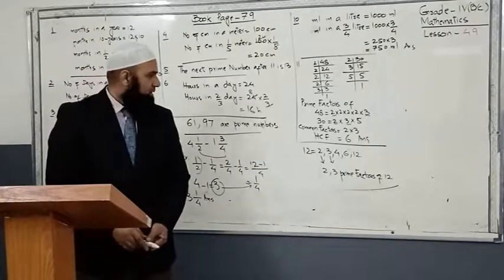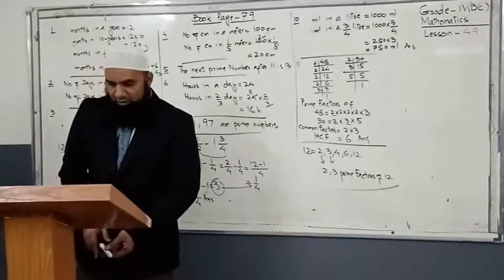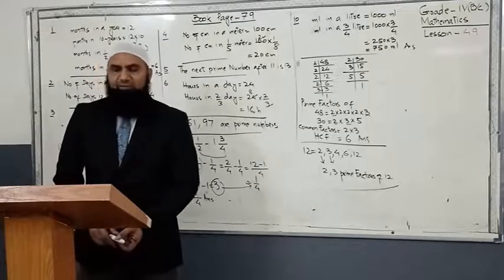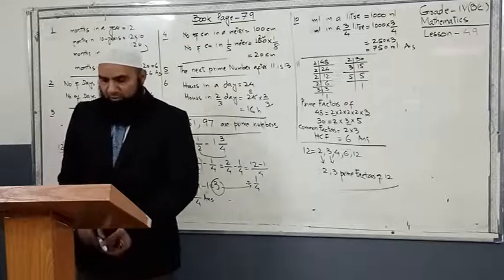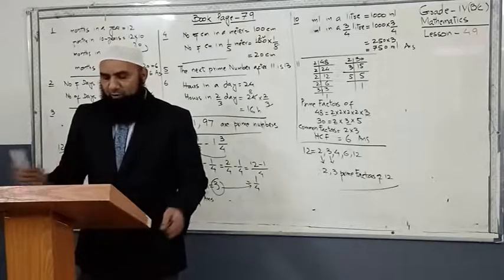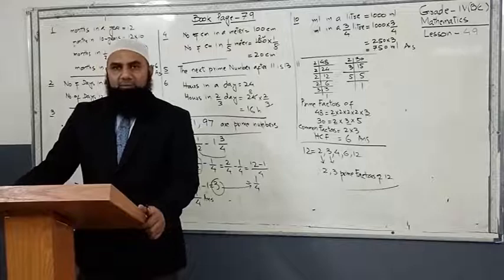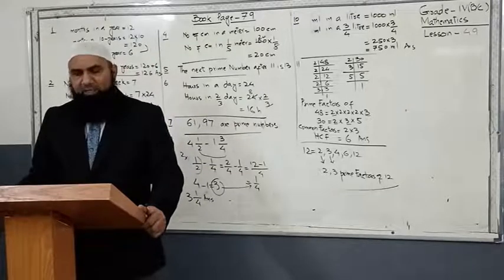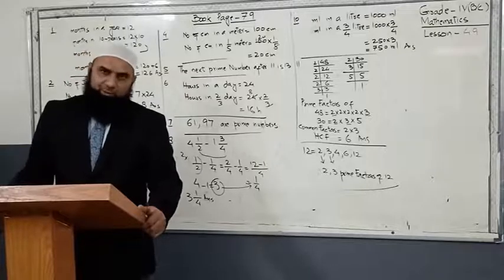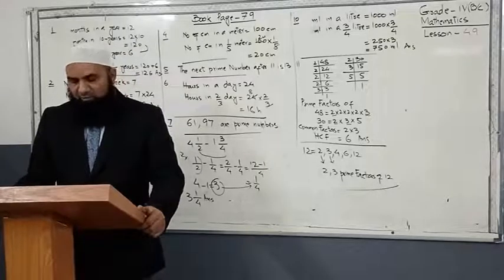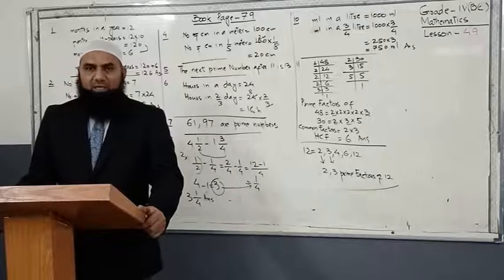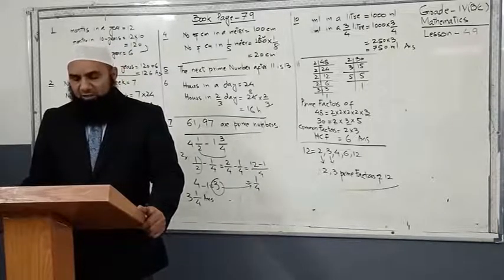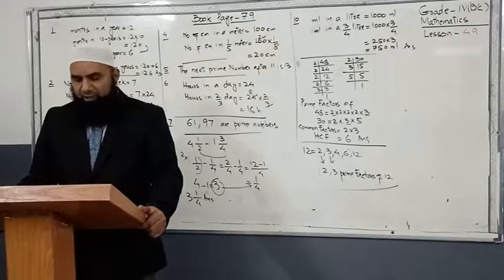Question number 14. Which is divisible by 5? There are two terms which are divisible by 5. We know that any number whose unit digit is 0 or 5 is divisible by 5. In the term 4932, the last digit is 2, which is not 0 or 5. So this is not divisible by 5. And the next number is